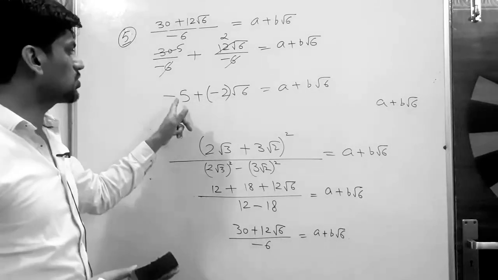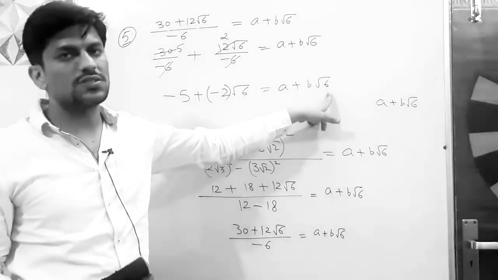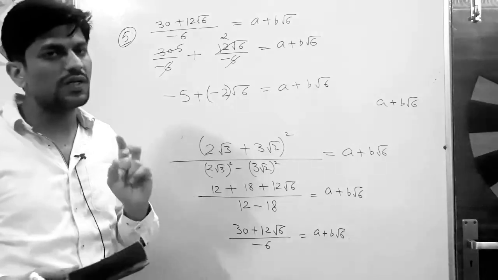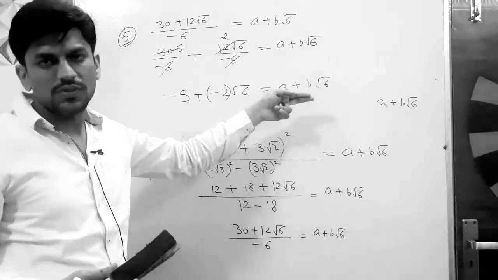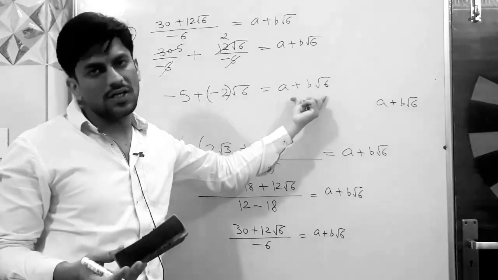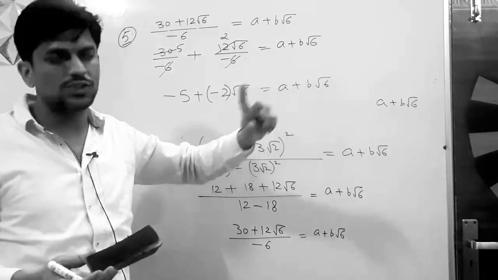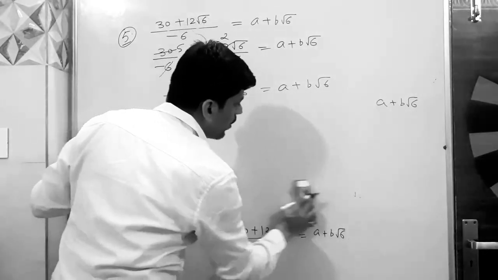Whenever you have a rational and irrational sum compared with a rational and irrational sum, the irrationals have to be equal and the rationals have to be equal. There is no other choice. You can equate them. There is no other choice by which they can be equal. They can be equal if and only if their rational parts are equal and their irrational parts are also equal. We can prove it. There is no problem in proving this. But now I am doing this.